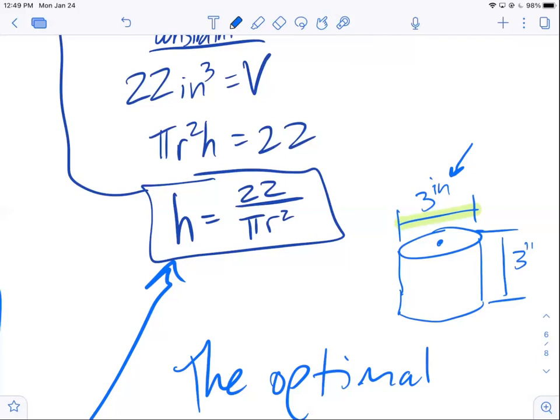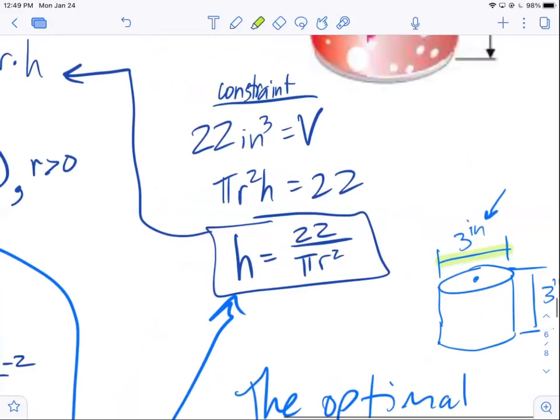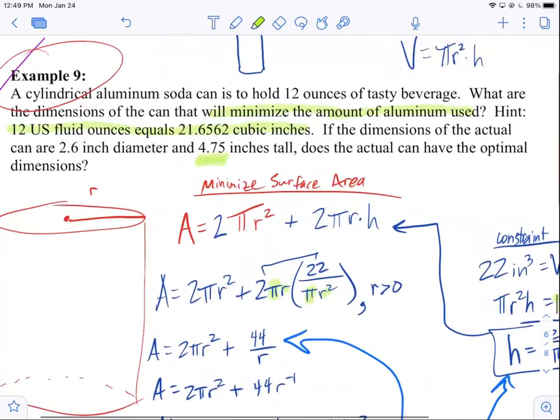Wait, why is it approximately and not exact? Well, because I approximated 22, right? The actual value is 21.6. Yeah. If you look at today's cans, notice there's